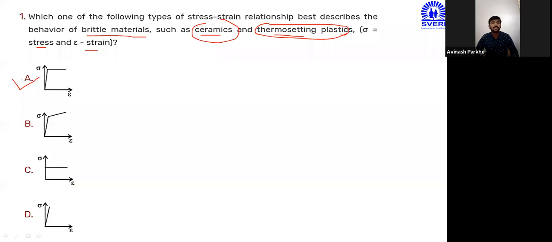If we think about option A, here the stress strain diagram is inclined, but here they have represented a horizontal line. Such a horizontal line will not be observed in the brittle material. If you think about option B, an inclined line is there, but one more inclined line they have represented, and it is not applicable, because this line represents a possibility of upper yield point, lower yield point, and then breaking.